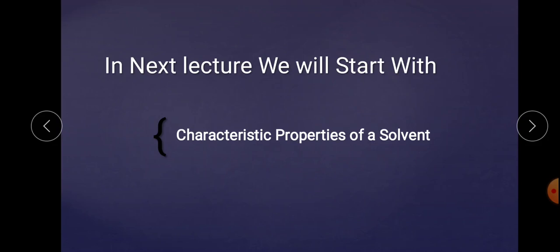Acidic means which generates H positive after dissociation. Second one, which accepts H positive like NH3, is known as the basic solvent. And amphiprotic solvent means which is not strongly interested in accepting or donating H positive ion, that is considered the amphiprotic solvent. And the last one is considered that of the